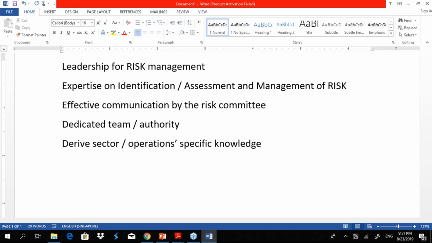Another point would be assurance to shareholders. Assurance to shareholders that a separate risk committee looks at the risk management of the company, because then they become more serious of this particular task.